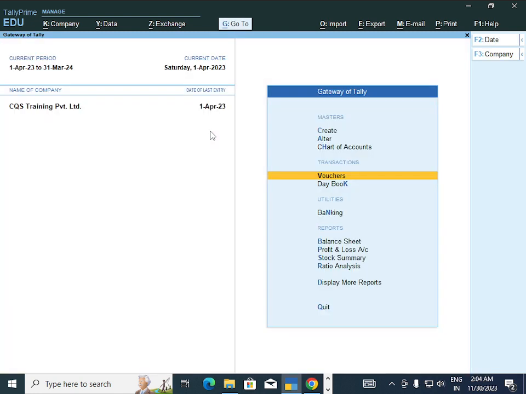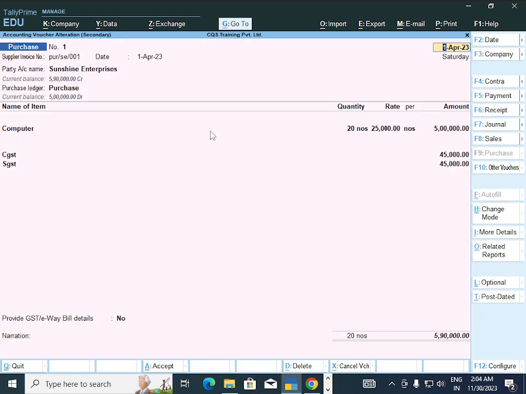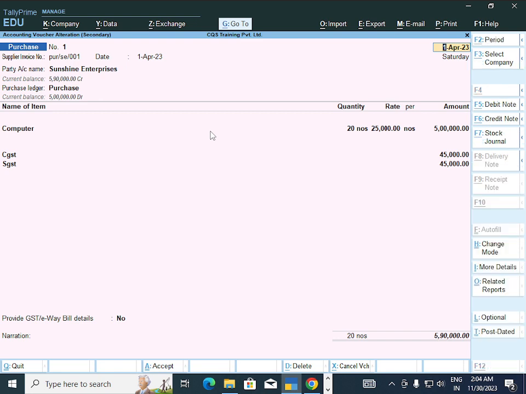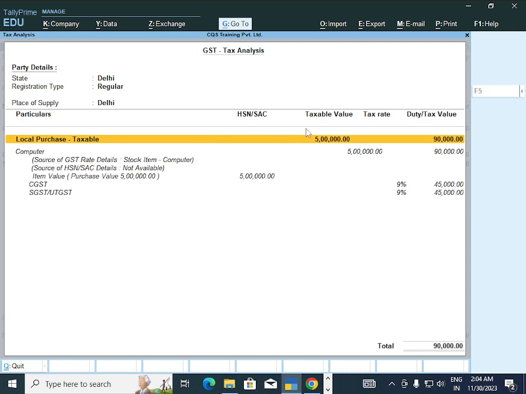If you want to check, go to the day book, press enter. Press Alt A for tax analysis report. In details, if you want to check the percentage rate of GST, the taxable rate we can say, press Alt F5. So you can see our taxable value is 5 lakh rupees.